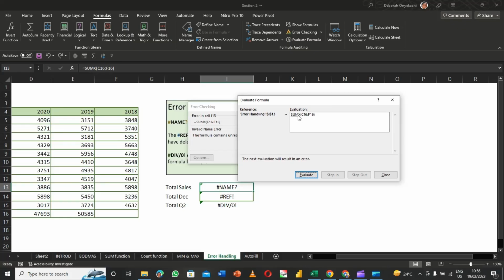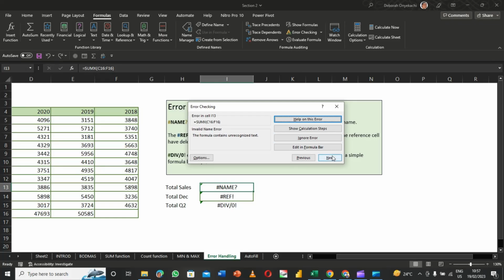In this window, we have the sum. We can easily see this error, but the next evaluation will result in an error. So if I click on this now, it's going to show me what the error is. I'm seeing that it is a name error,